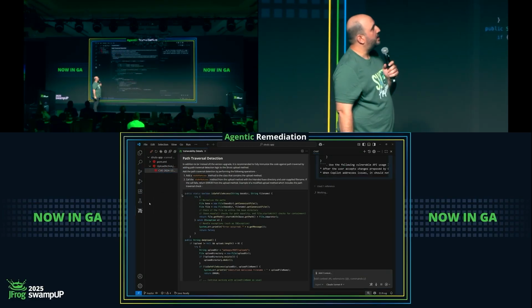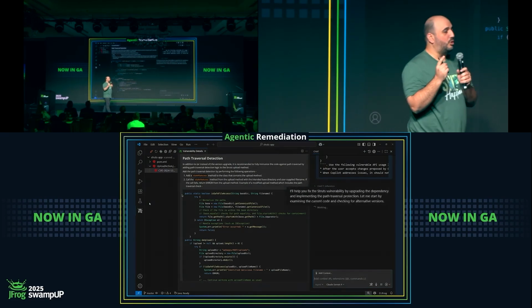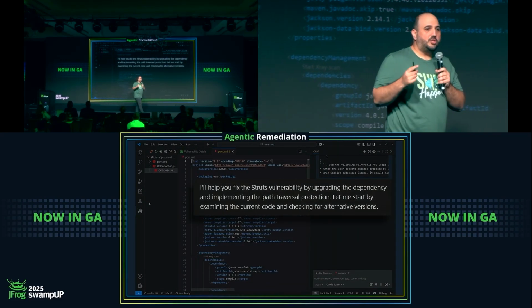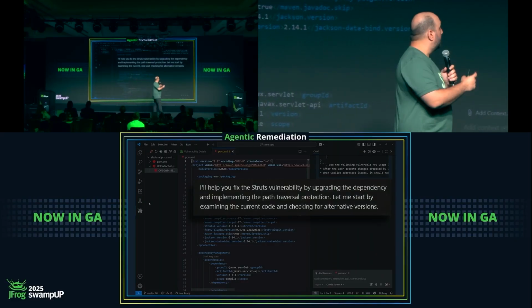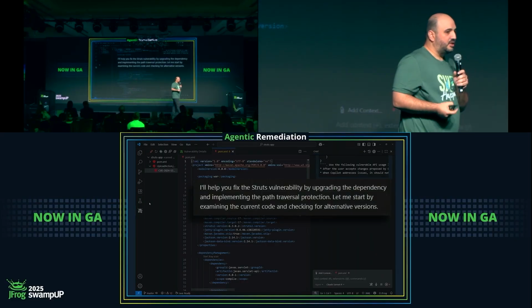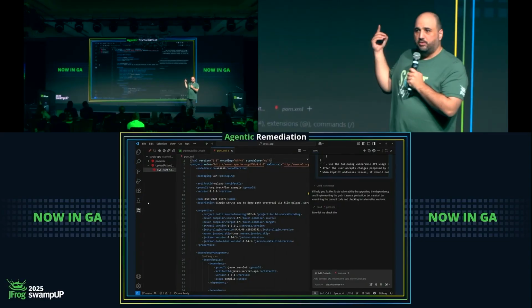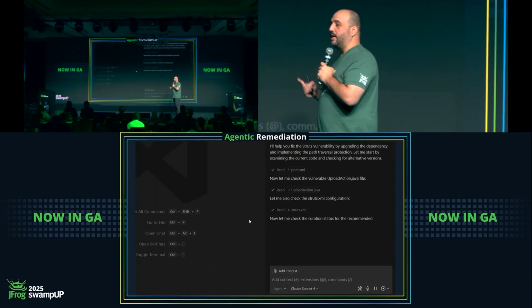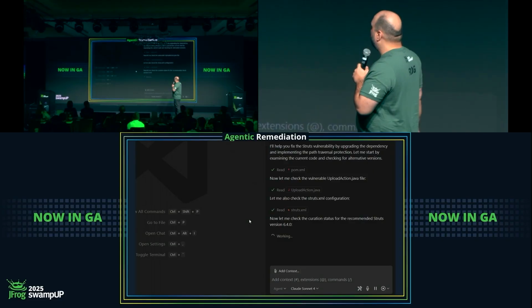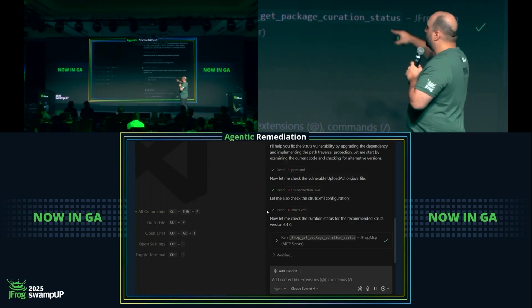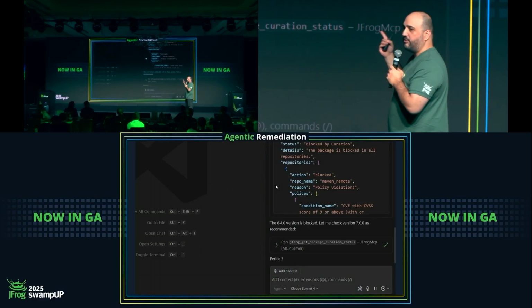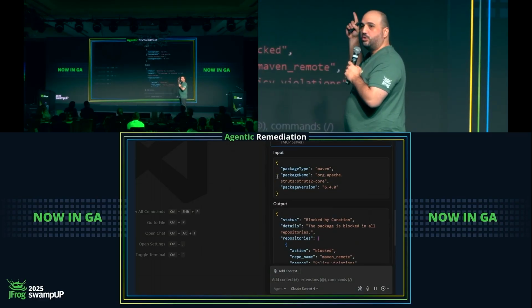What we're doing here is we're fixing this through Copilot. And Copilot is starting to fix this based on the JFrog research data we just read. So it's starting, and it's telling us that it will try to do both fixes, both the dependency upgrade and the immunity from these types of vulnerabilities. Let's see if it succeeds. The first thing we're seeing here is it's starting to work not only with the prompt we gave it, but also with the JFrog MCP server that connects it to Curation.